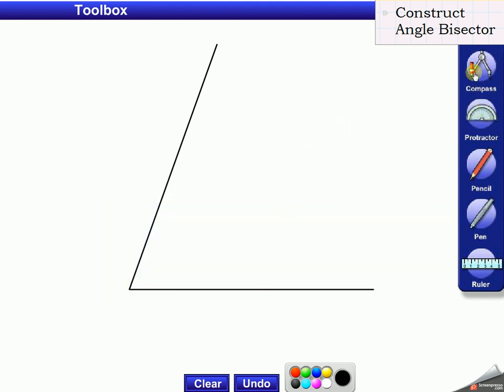So, compasses. If you follow the basic rule, I'll do all constructions in purple, and with all constructions, leave your construction lines so they are visible, not necessarily heavy, but visible. And we're going to follow rule 1 with compasses. The point of the compass can only go on a known point. With this angle, the only point I truly know is where the two lines meet. The ends of these lines could continue on forever, and my interest is the angle. So I'm going to put the point where the two lines meet,